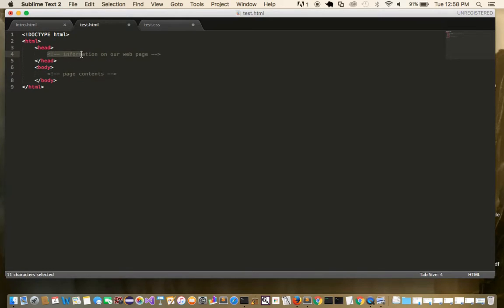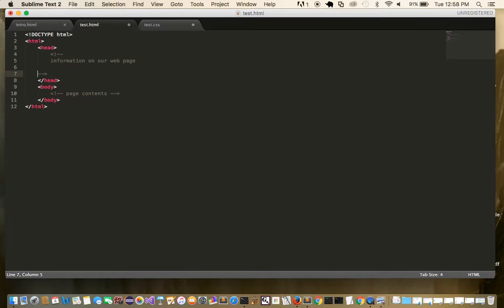You all might have noticed that I'm using an open angle bracket, exclamation point, and two dashes here. This is another special kind of tag. It's a tag used for denoting that I'm about to write a comment. Basically, when I run this in a web page, it doesn't actually run at all. It's just ignored by the browser. And the comments can span several different lines. We must always close this opening comment tag with a corresponding closing tag, which just uses two dashes